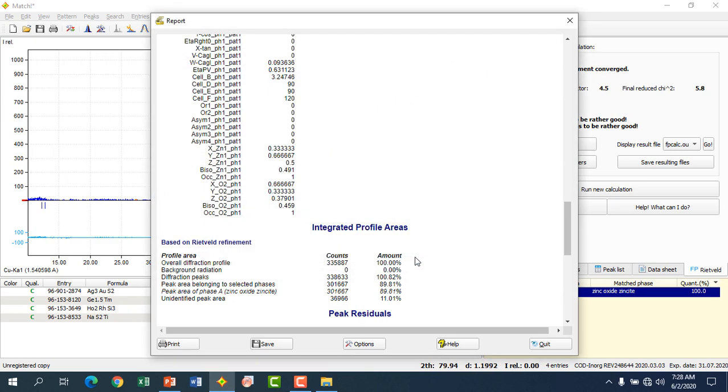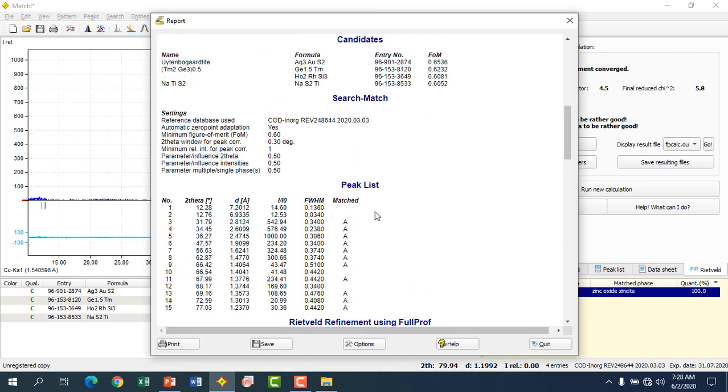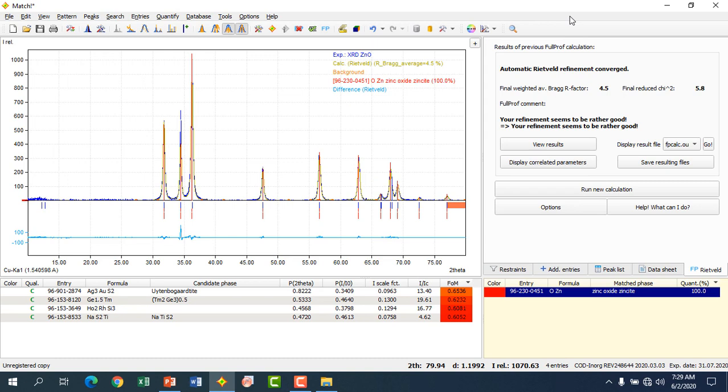All the data are saved in the selected location as a PDF file and image file. From this Match software we can match our recorded data with the previously reported standard JCPDS file in an easy manner. This is very helpful for beginners, for all types of researchers in material science.